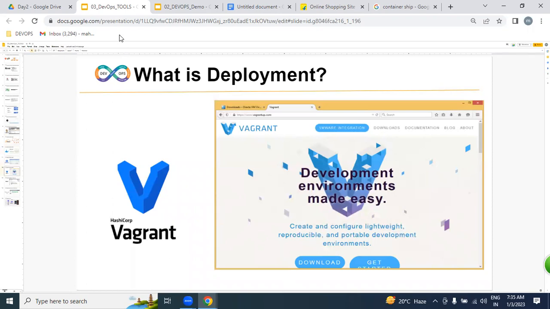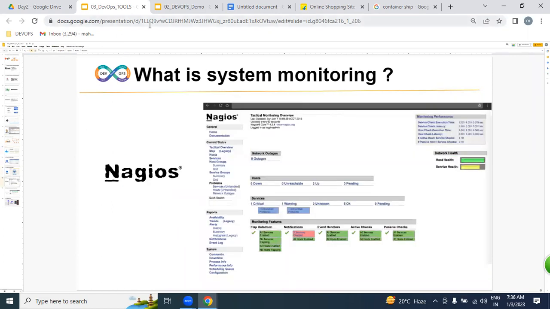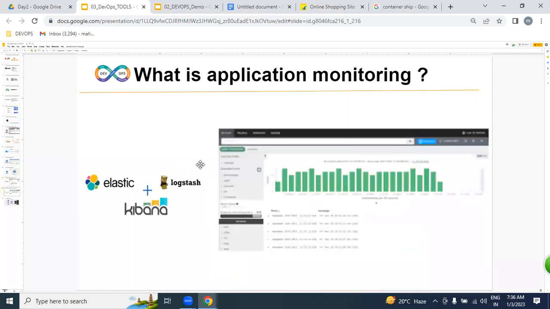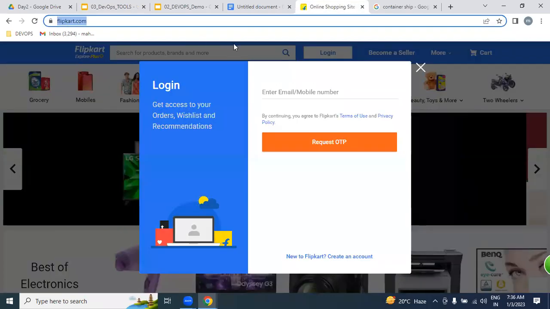With the help of Vagrant, we can easily create virtual machines on your laptop. And Nagios is system monitoring, like RAM, CPU, or user load, current load. We can monitor that. ELK is application monitoring. Whether these applications are working or not, we can monitor.